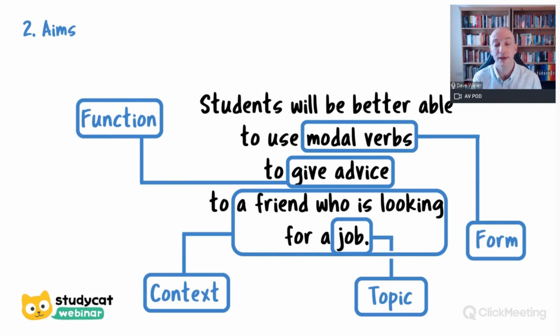So the form is the grammar in this case, and it's using modal verbs. Now, normally in your curriculum, your coursebook or your syllabus will ask you to use certain things. And that brings us quite nicely onto the next side of aims, which is making an aim useful for us